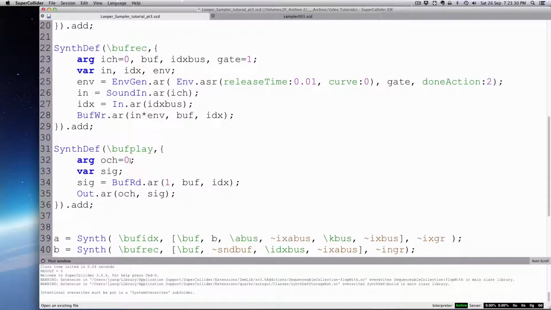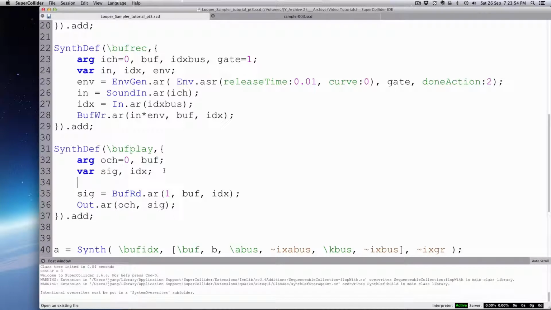All right, so what did we create? We created an argument buffer, and that will be given when we create a synth, because we don't know which buffer yet, so we won't have a default. And then we'll have an index, which will be a variable, and it's much like what's going on here. So what we'll have is the index be in from an audio bus. So idx, we use the In UGen, In.ar,